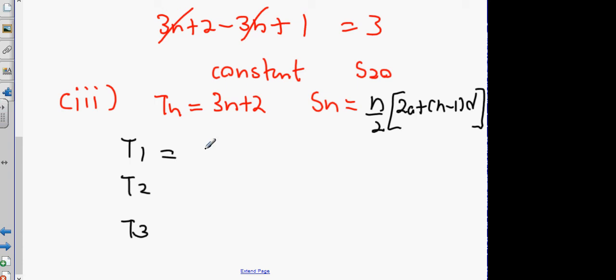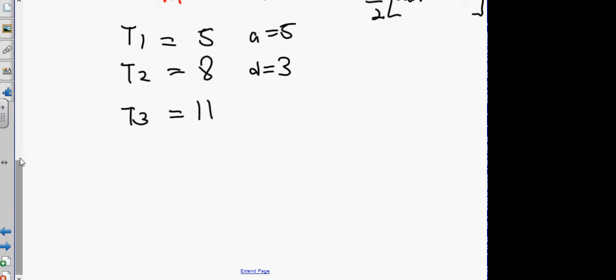3 times 1 plus 2, 5. 3 times 2 plus 2, 8. 3 times 3 plus 2, 11. You now know that A is 5 and D is 3. Okay? So what we're going to do next is